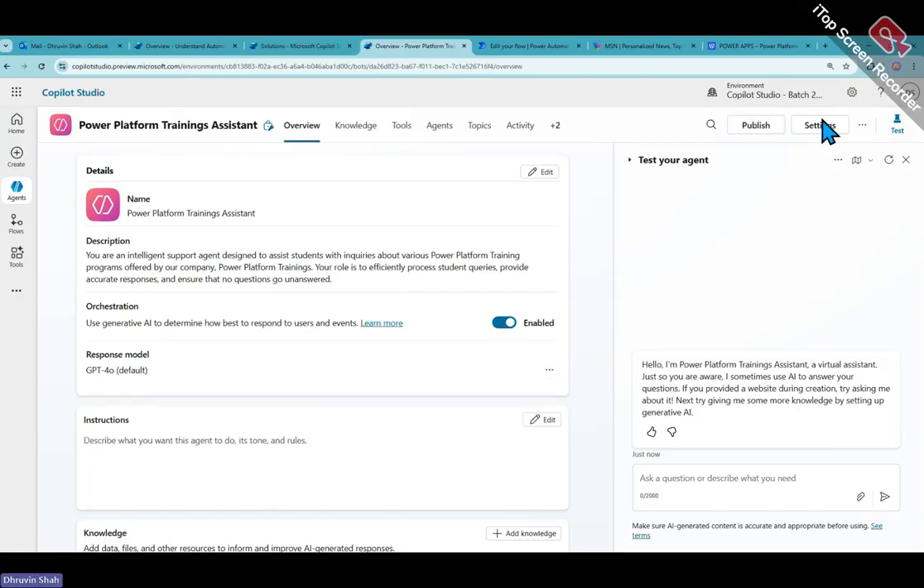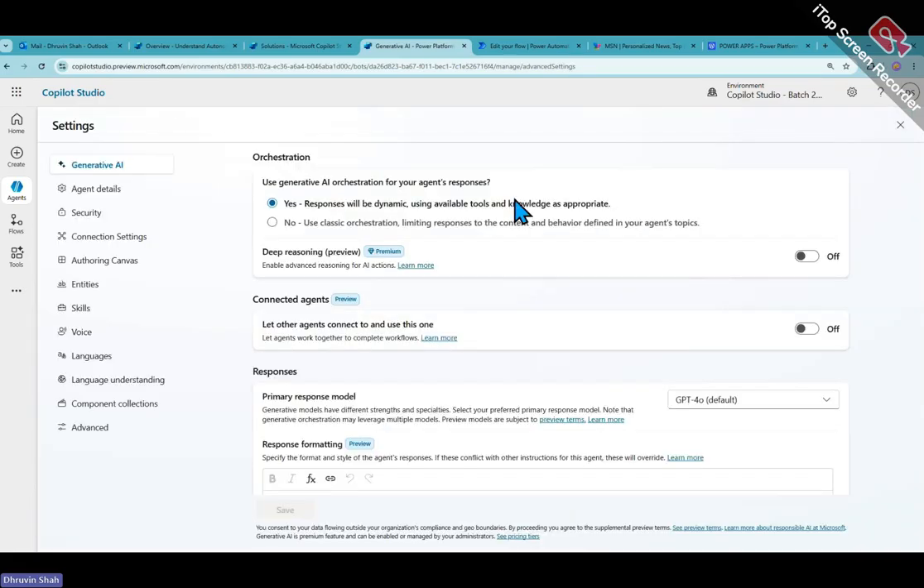Okay, publish button is enabled, all good. All right, now I also want to do one thing. Go to the setting option and make sure